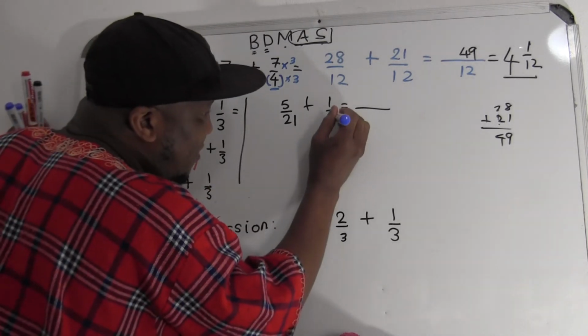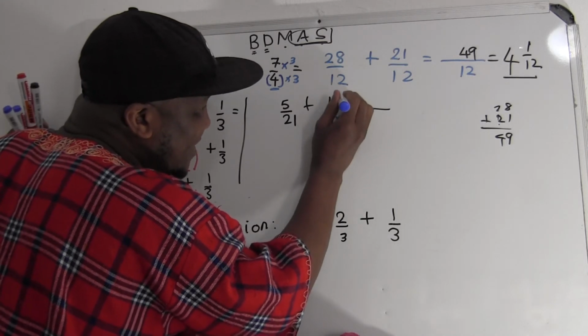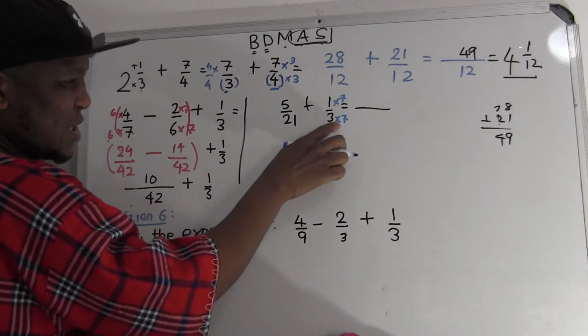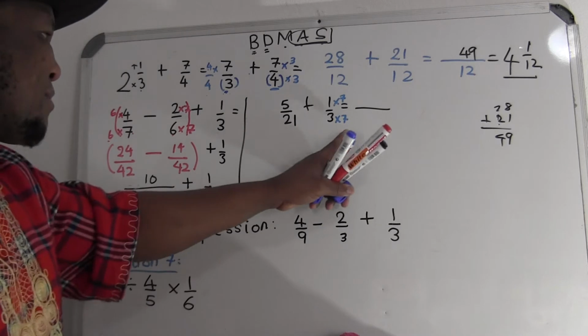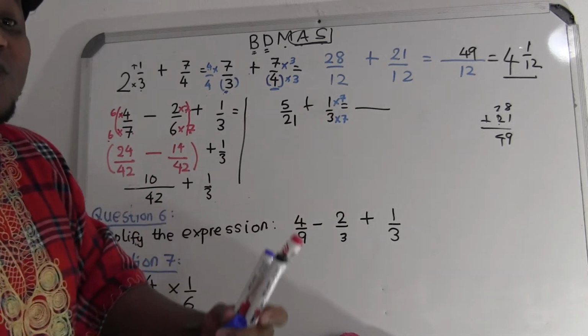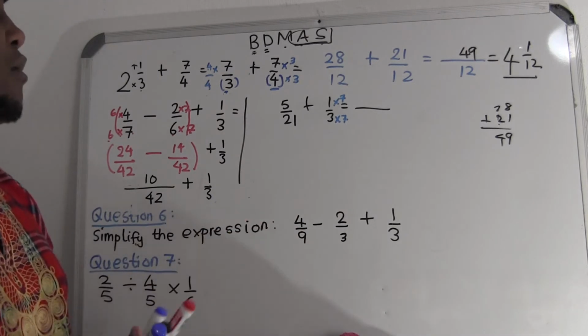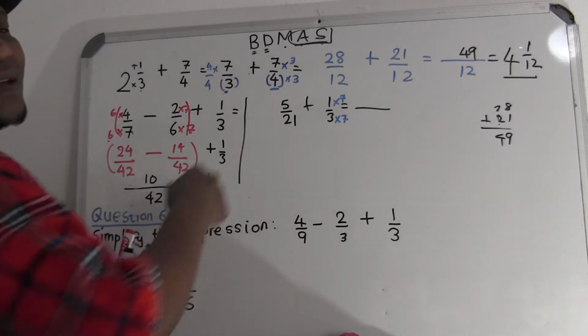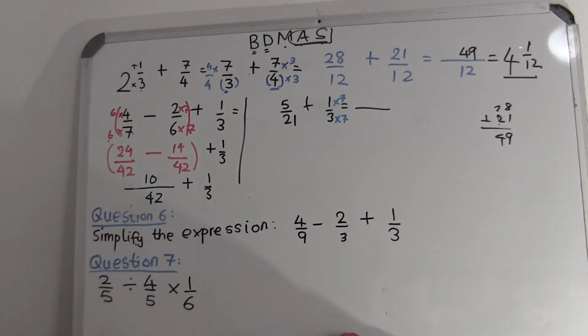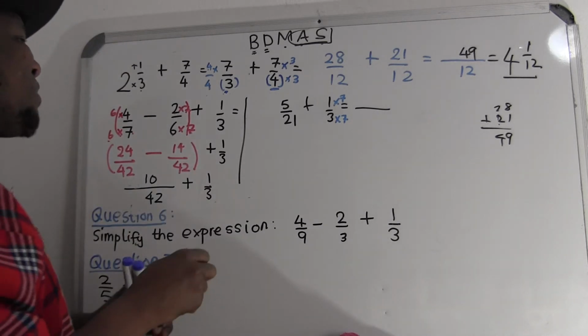So look, if I multiply by 7 and I multiply by 7 here, don't you see the denominator is the same? Whatever I multiply by must be done up and down, as long as it gives the same denominator. Look, 7 times 3 is 21. So I don't have to do anything here. As long as you multiply up and down by the number you take. So this is going to be